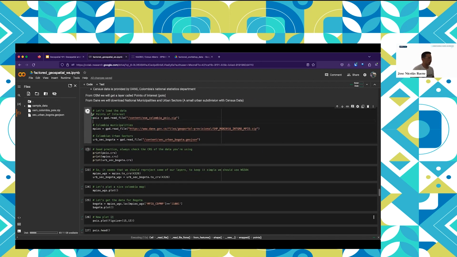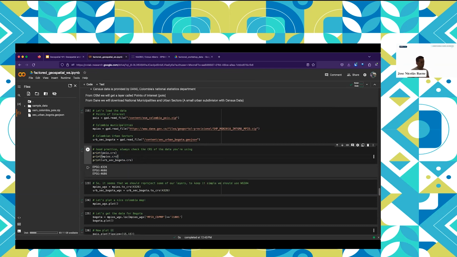And as a good practice, in the meantime, while this loads, it's always good for you to check the CRS of your data. That's the first thing I usually do when I am working. Just check, okay, is everything in the CRS I need, or in the same CRS at least, to be able to work. So you remember this command that I showed you before. So right here, what I'm going to do is just check the CRS of all of these layers.